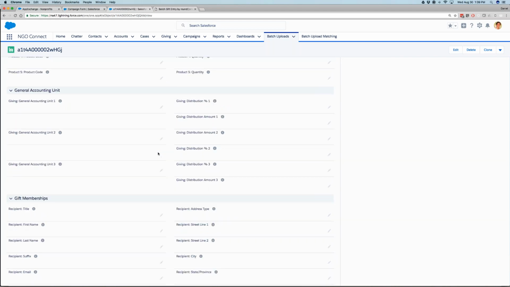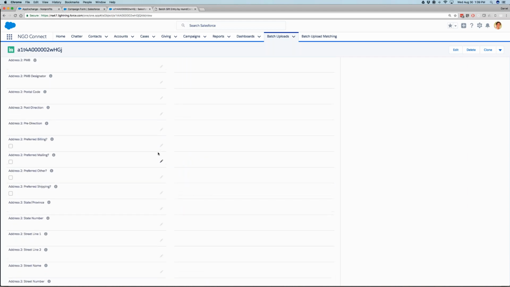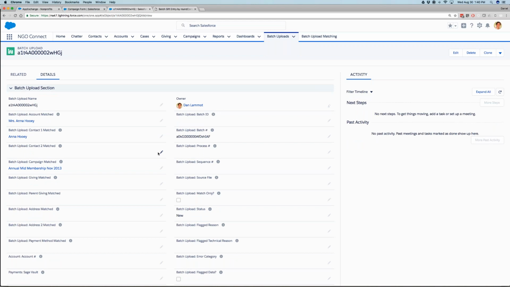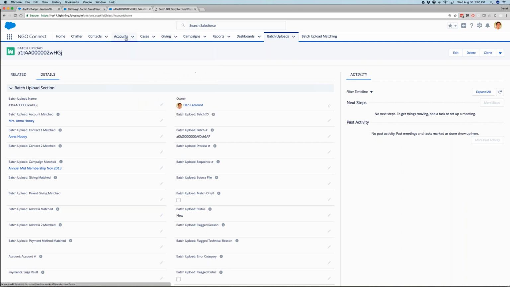Because this is built into an NGO Connect object, this object can also be expanded through customizations and can target the objects that we allow for in our batch gift entry, which include the accounts, contacts, giving campaigns, payment methods, and a couple of others that we could get to in detail if it's of interest for you as well. So those cover the three first methods, but once the giving is in the application, or if it's an organization that has a tendency to enter some highly complicated gifts by hand, those can be put directly